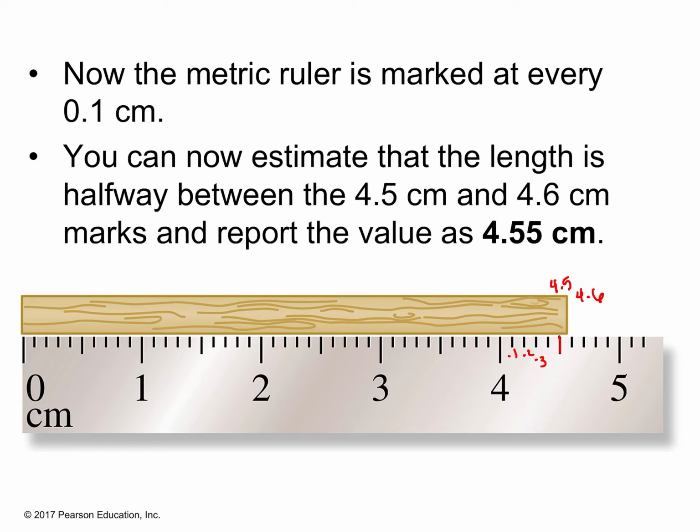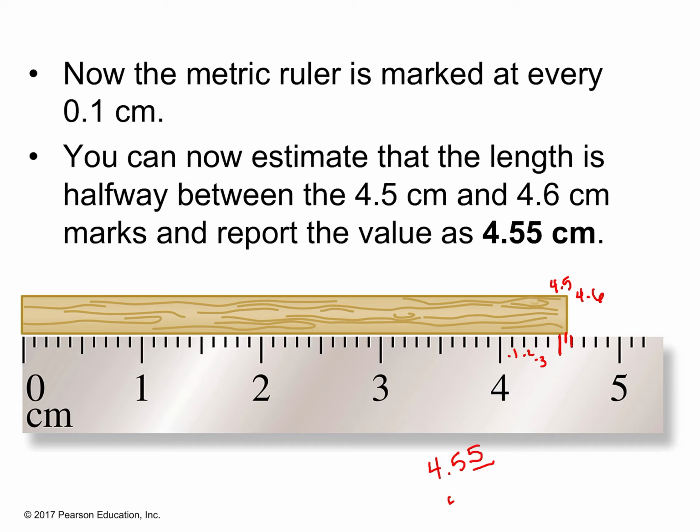Okay, so again, we have a line for 4.5. We have a line for 4.6, and it looks like the wood falls somewhere in between there. So now, since we have a line for 4.5 and a line for 4.6, we're going to estimate one digit past that. So it's going to be 4.5 something. In this case, it looks like it's about halfway between 4.5 and 4.6, so we're going to estimate